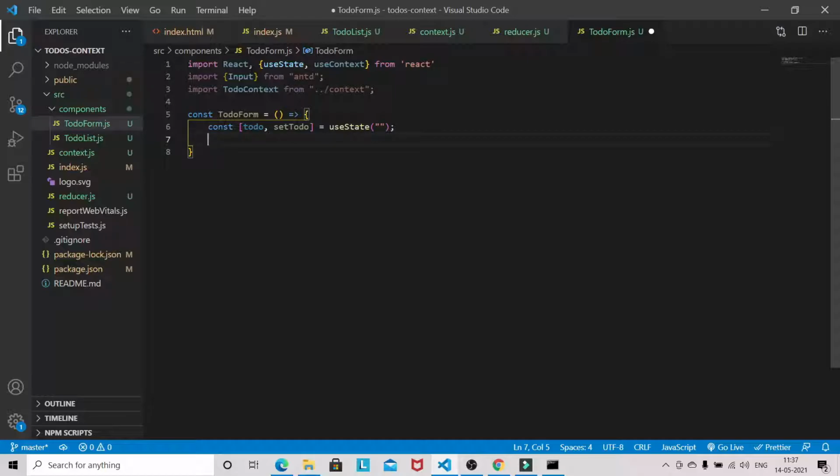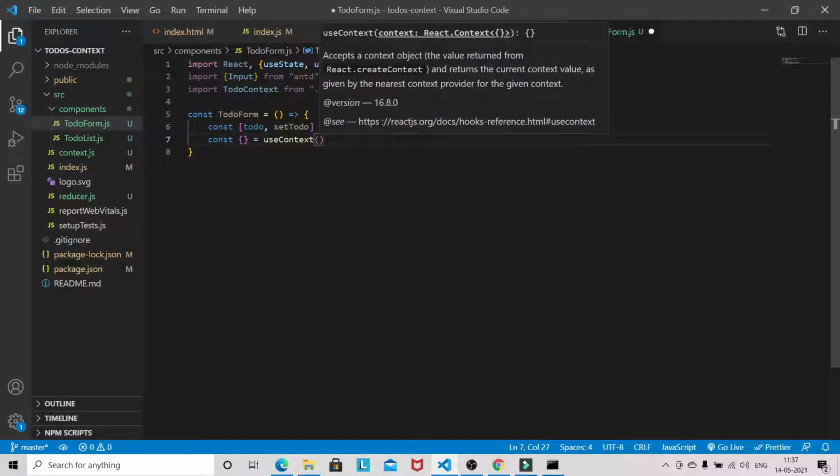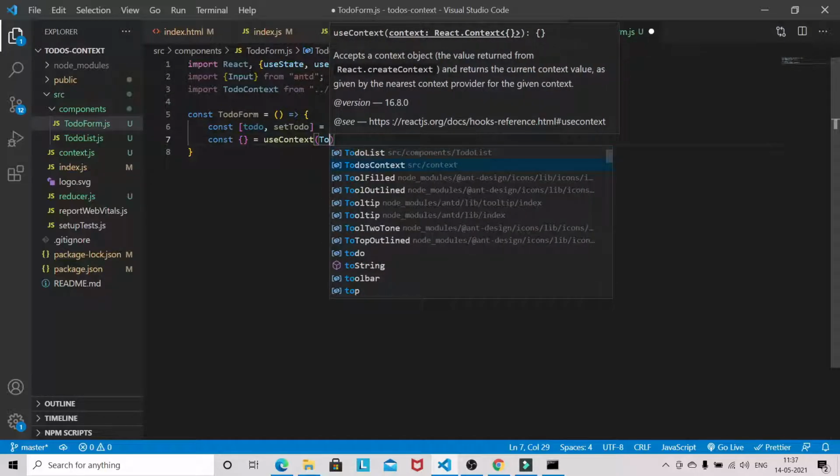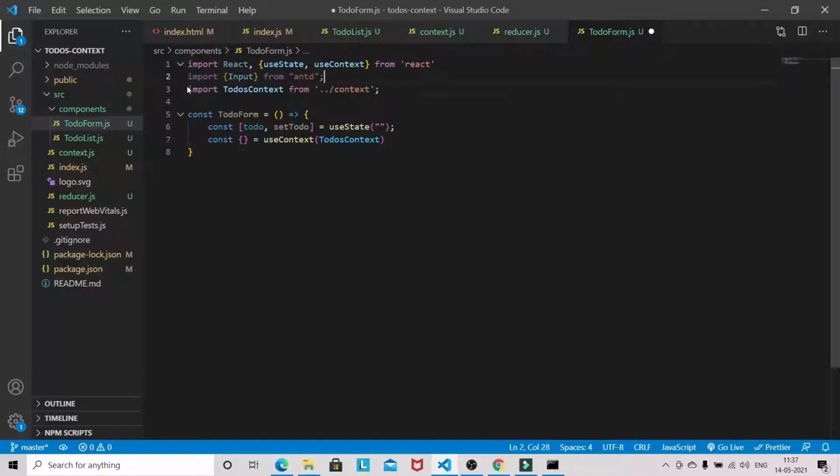And from context, sorry, this is the to do's context, not to do context, and we need dispatch.